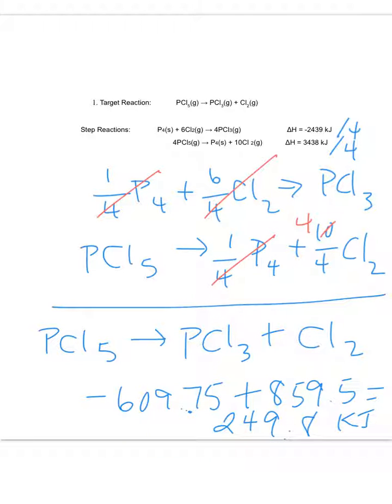Okay, now I'm going to show you how to calculate in the absence of fractions. So I've cleared off our board and we're going to go through without the use of fractions. We already determined that we do not need to reverse our reactions in any way, shape, or form. So we're going to go ahead and just add these two reactions together. And again here, the P4 will cancel out. Our chlorines will reduce from 6 on the left and 10 on the right to none on the left and 4 on the right. Everything else will remain the same, and our new reaction will be